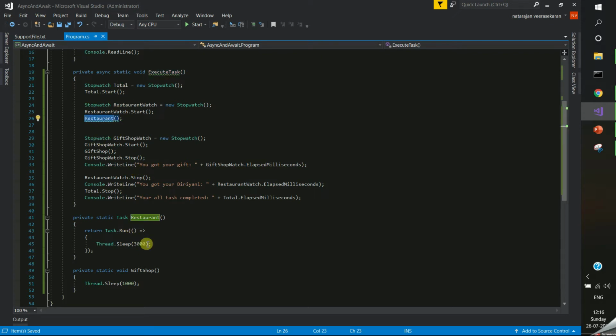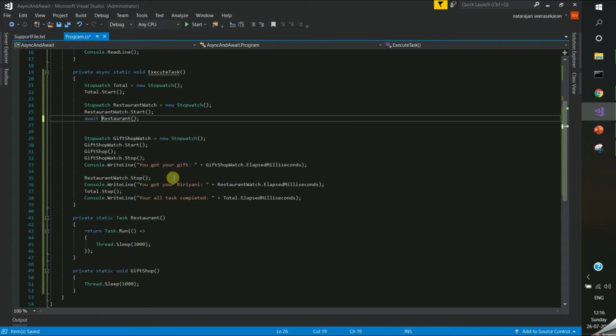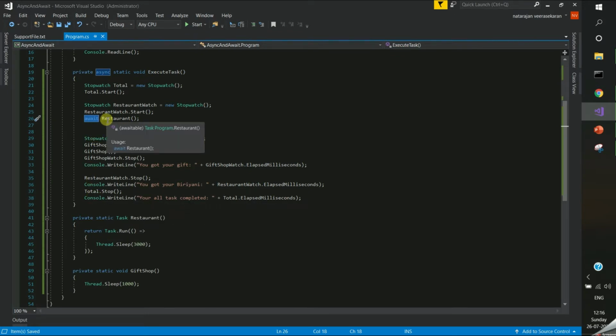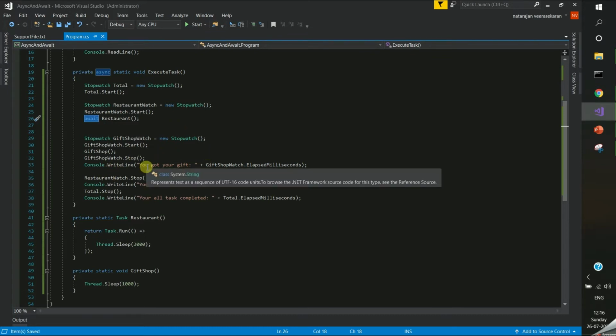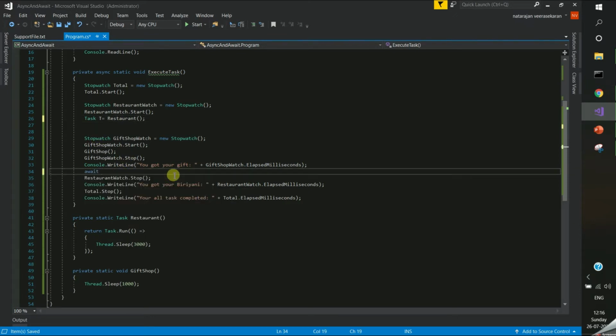So what will happen is it will start this one and execute the next task, right? But without buying the biryani I could not go out, I mean I could not exit. So in that case we have to wait for the particular end. For example, await is the keyword to wait for that. If I keep await here, again it is the same way: the thread will wait here until the restaurant completes. We don't want to wait here, we want to wait after purchasing the gift. So in that case we can have a Task t, assigning this restaurant task to it, and after completing the gift, I just await that particular task.